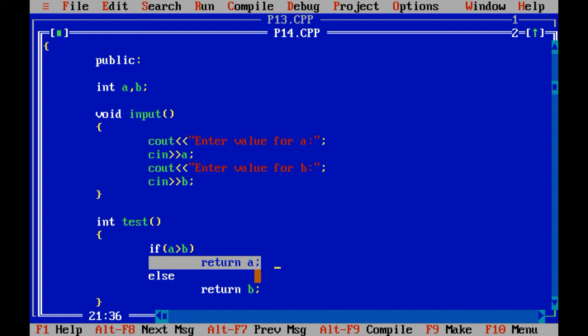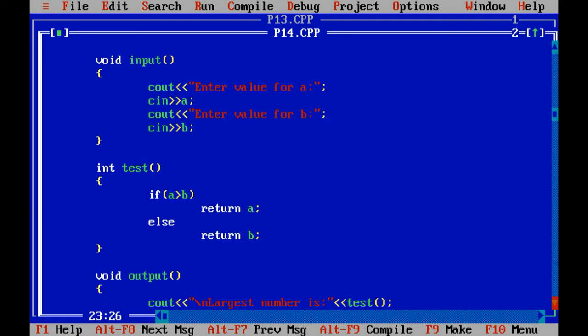Remember one more thing over here, we have written two return statements, right? Why? Because in any case only one case is executed at a time, or we can say only one return statement is going to execute at a time. So we have written two return statements over here, but at a time it will execute only once.